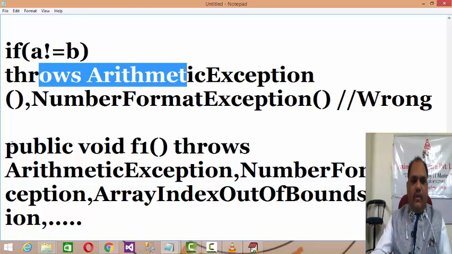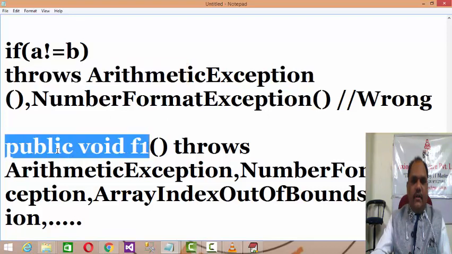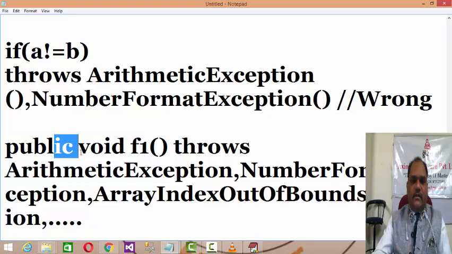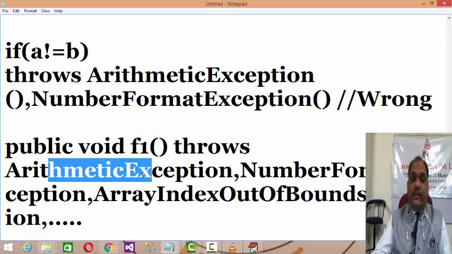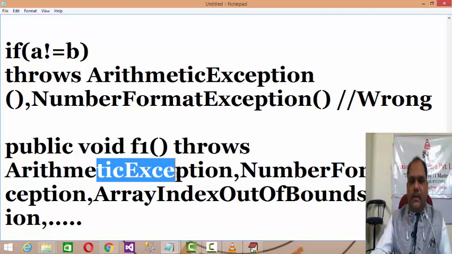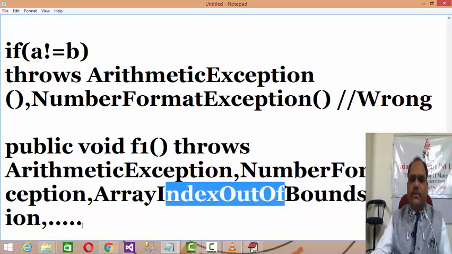Then what is the use of throws? If you are defining any user defined method or any user defined class, and there you want to state that that particular class or method is throwing more than one exception, obviously any one method can throw multiple exceptions, right? So if you want to define that public void f1 throws arithmetic exception, number format exception, array index out of bound exception, and many more, it is quite possible that within that class or method multiple processes are defined, and those multiple processes may raise n number of exceptions.